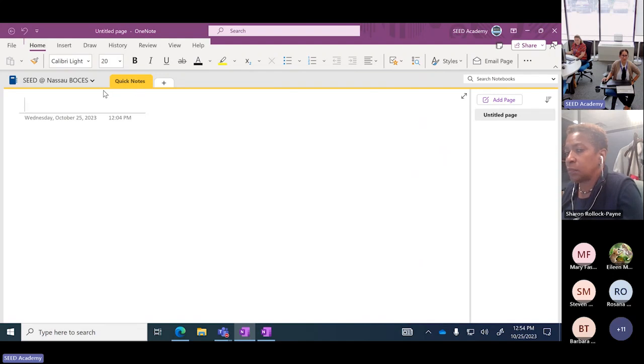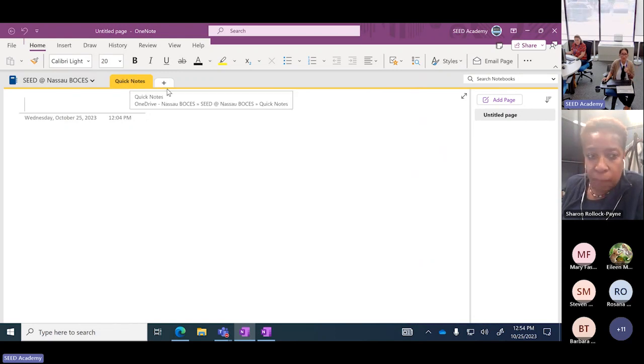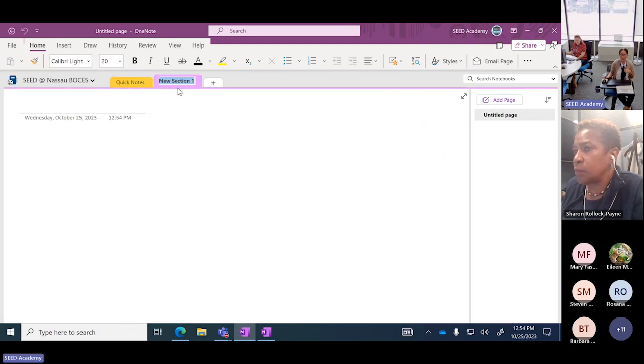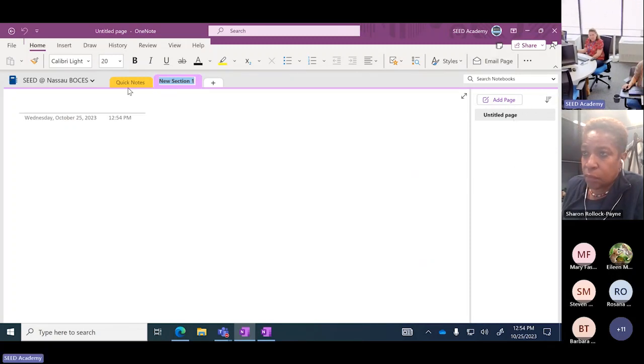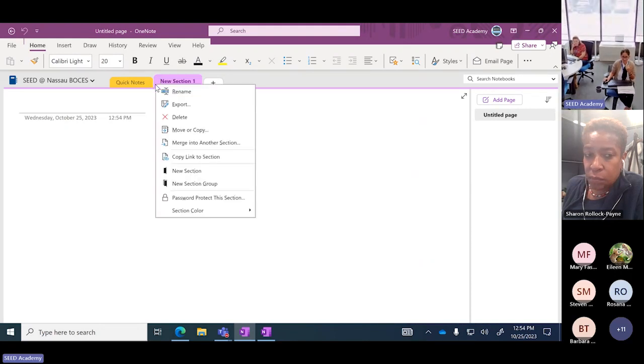So I'm just going to start again. When you start a new notebook, it's going to give you a default tab called Quick Notes. But if you want to start your own tab, you just click that plus sign. Tab is also a section. And then within that section, on the right-hand side, you can have many pages. If you right-click on the tab,